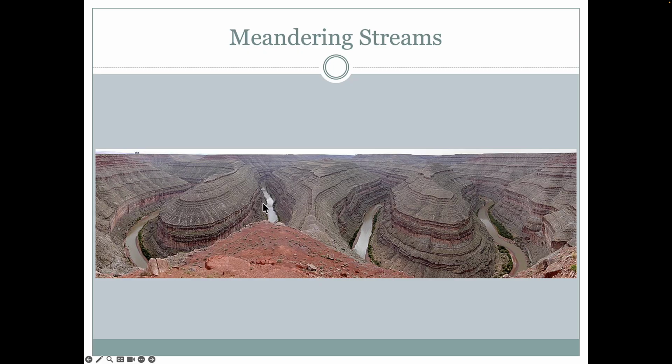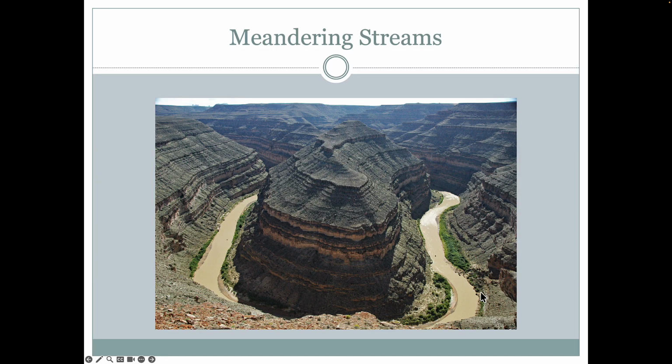You can see this is actually a very narrow valley here with this river at the bottom, because the river used to be up here. This entire area was uplifted. Suddenly that water had a lot more potential energy and started cutting downward into the rocks instead of meandering from side to side. If we look at a close-up view of this area over here,